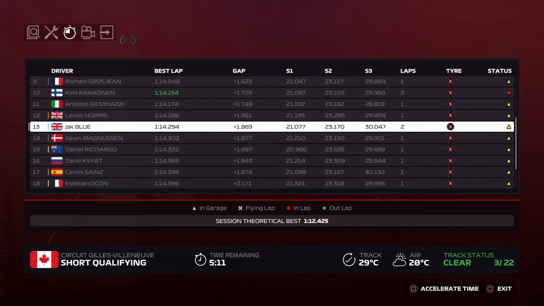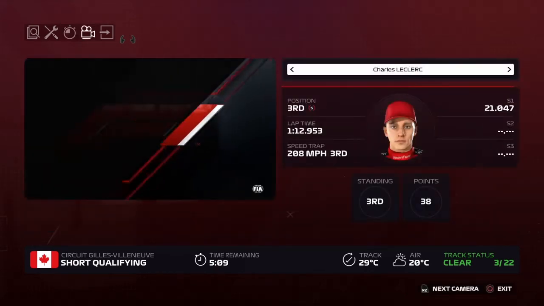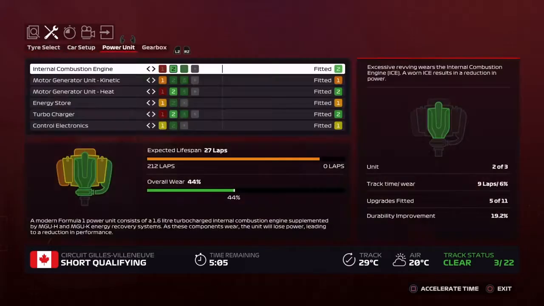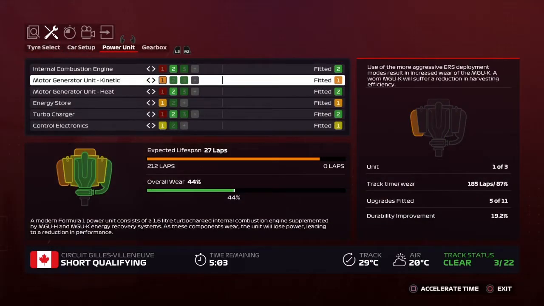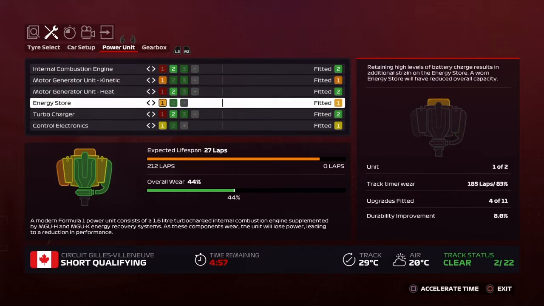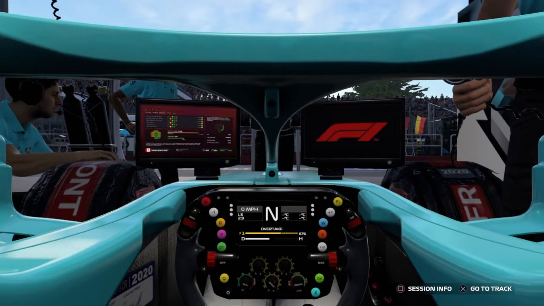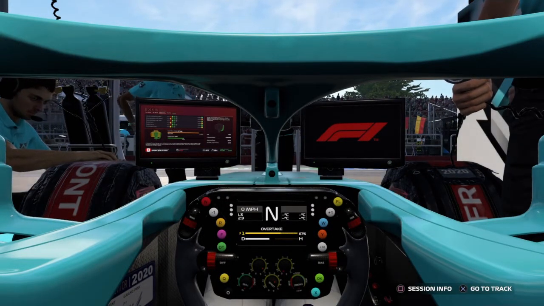So we're just going to accelerate the time because we can't be using much more. If we go to the power unit, we can't be using much more of the motor generator unit kinetic and energy store, because that's just going to ruin it. I think there's 27 laps left. We've got 18 laps left. That leaves us 9 laps to go, so we can probably do